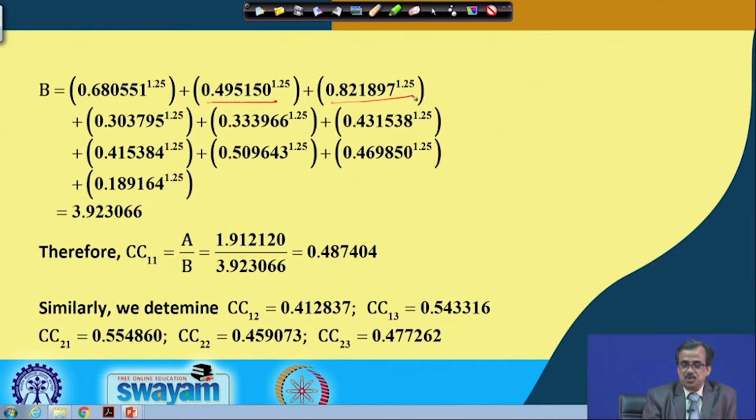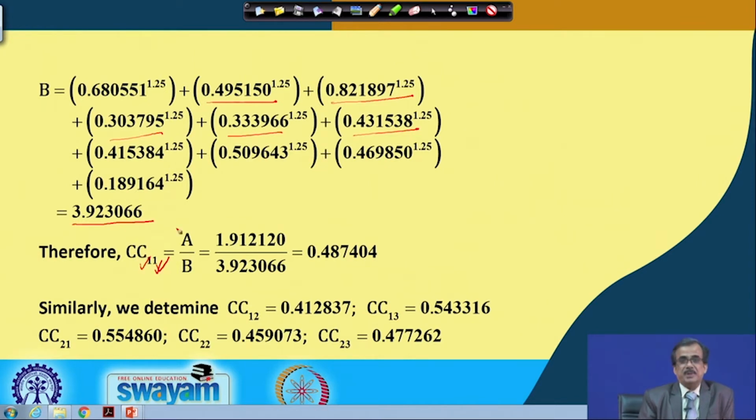Similarly, i equals 3, 4, i equals 5, i equals 6. So this is the way we can find out, and we can consider all the data points, and ultimately you will be getting your B. And once you have got this particular B, so C1, what is that? That is nothing but